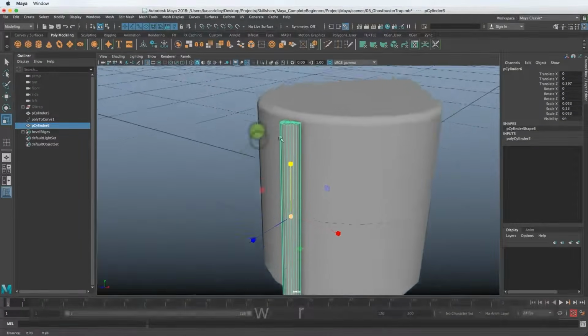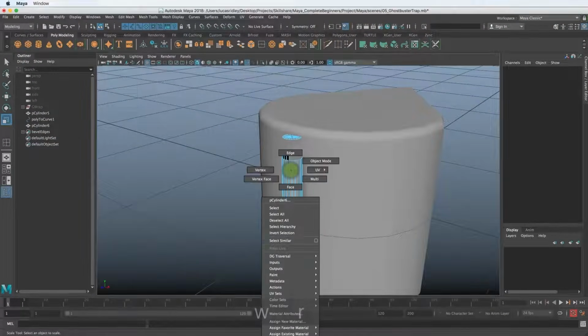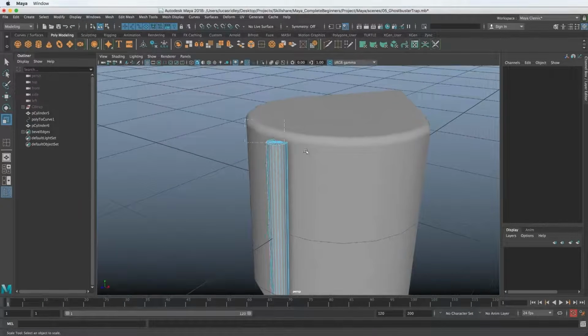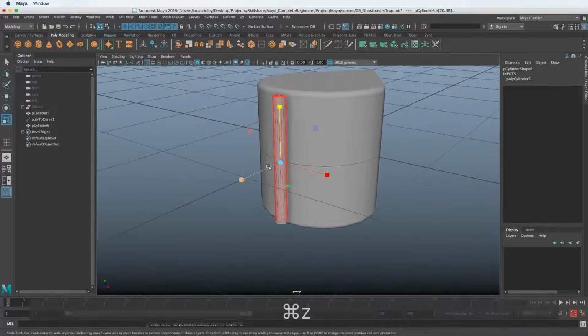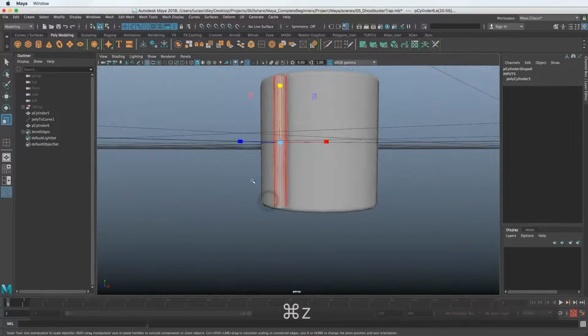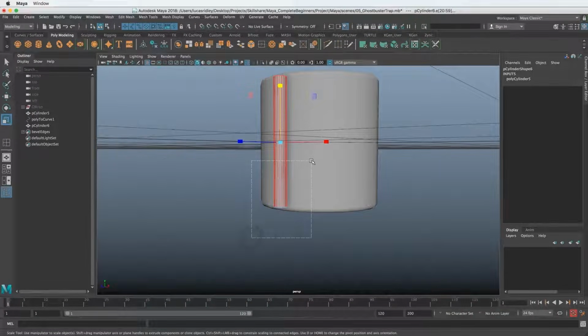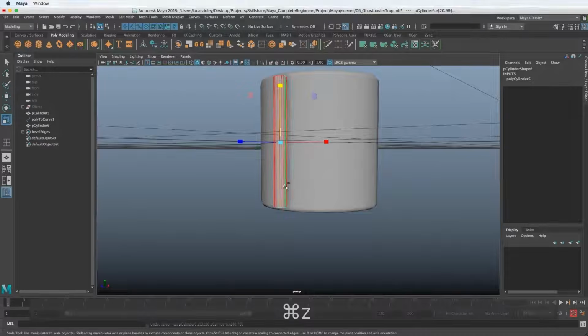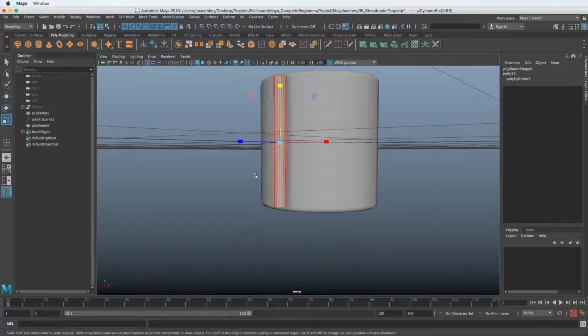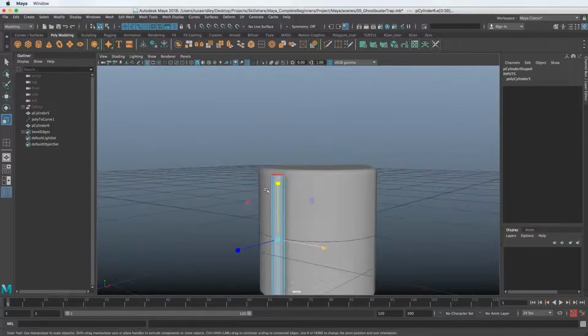And then it looks like these are pretty rounded at the top. So let's just go to edge mode, and I'm just going to select everything. And you can see actually, if you shift select things, it will deselect things you have selected. If you want to add to a selection and you're clicking and dragging over something that is already selected, it's going to deselect it. If you do not want that to happen, you have to hit Control and Shift. And now it'll add to that selection, even if you go over an area that you've already selected. But what we want to do is Control click and deselect that, because we just want to bevel the tops here.